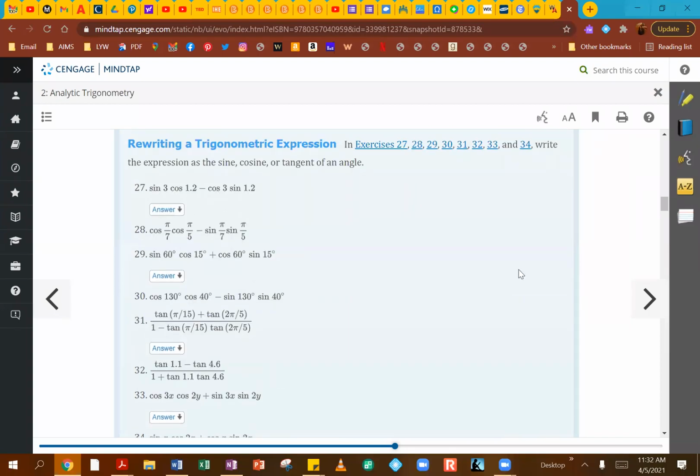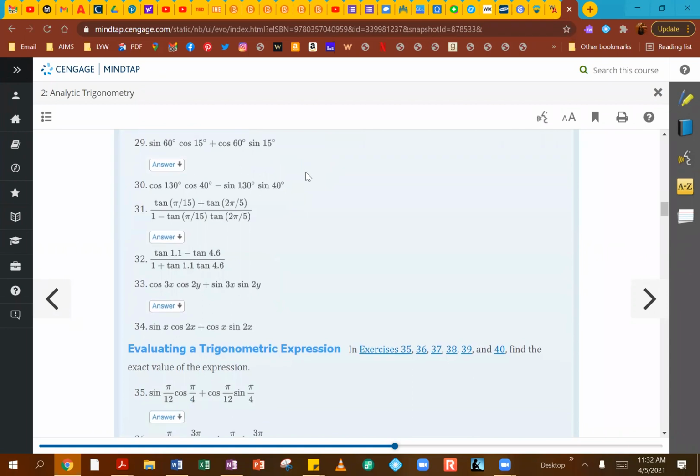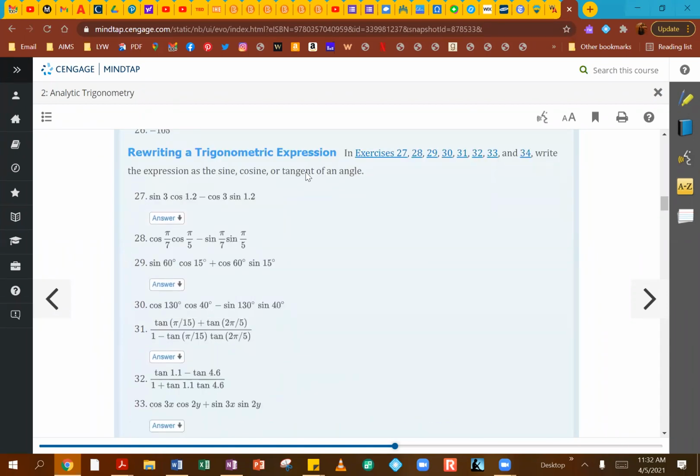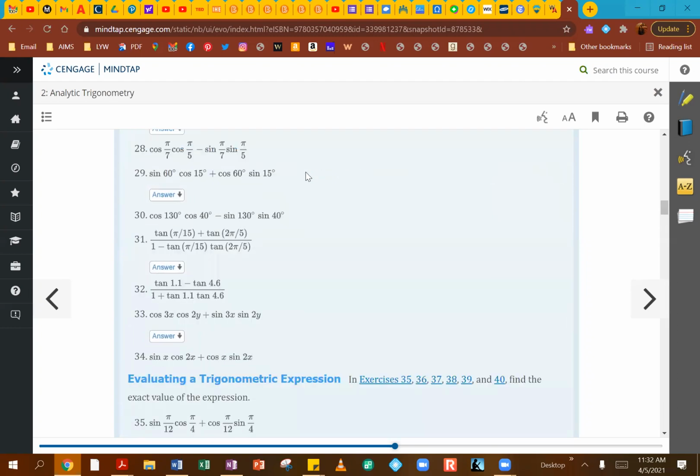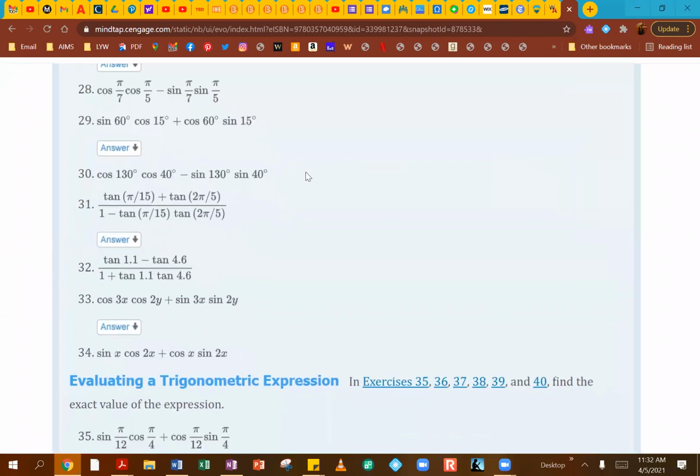And this one is still kind of asking you a similar kind of thing. They are saying write the expression as the sine, cosine, or tangent of an angle. So they're not asking you to find the value of the angle, but they're asking you to clean this up either into sine, cosine, or tangent. So this one is kind of working backwards because you're trying to figure out which formula can I use to try and consolidate this down to sine of this angle or cosine of this angle, tangent of this angle. So we are looking at